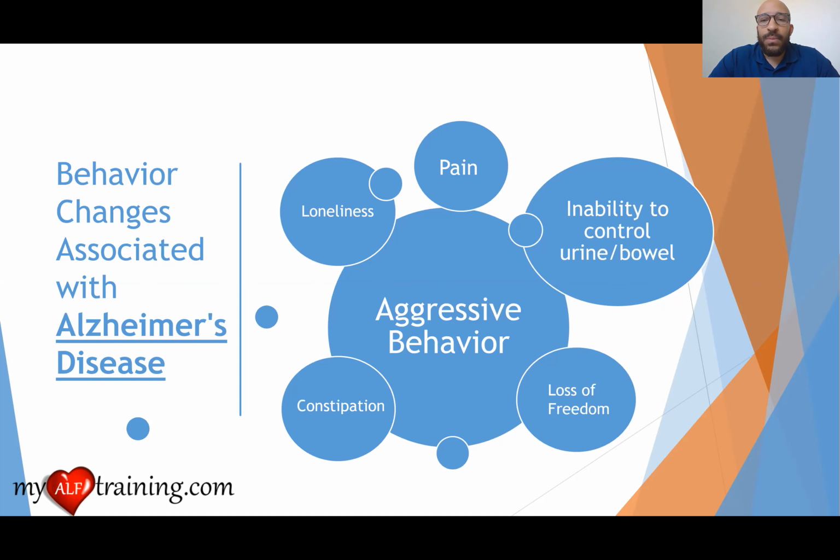Maybe they're having some bowel troubles with constipation, or a complete inability to control their urine or bowel. And it's upsetting for them. And that's why they're aggressive. And they don't want to have to ask you for help, but they need your help. And this is making them aggressive. Or maybe they're just feeling lonely. Maybe they don't want to be around their caregiver, you, or they don't want to be around the other patients in the facility. Maybe they want to be around their family, and they're just feeling lonely because the type of company that they're used to or that they want isn't around, and they don't know how to use a phone